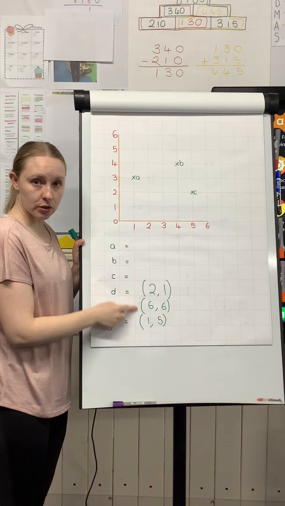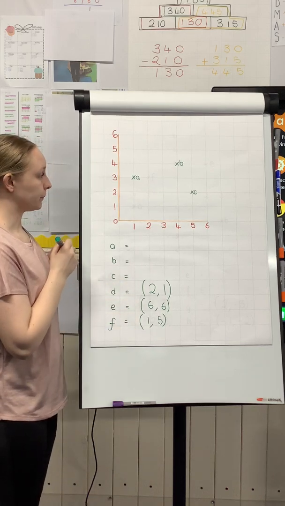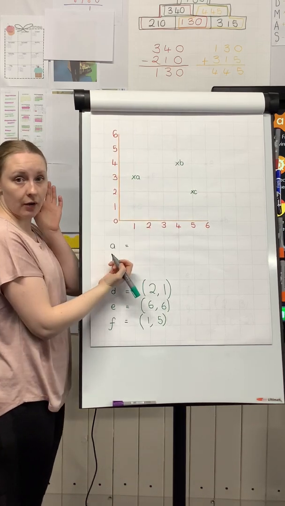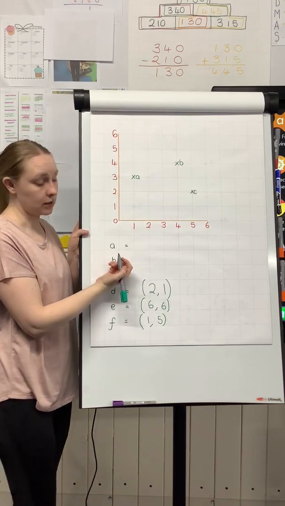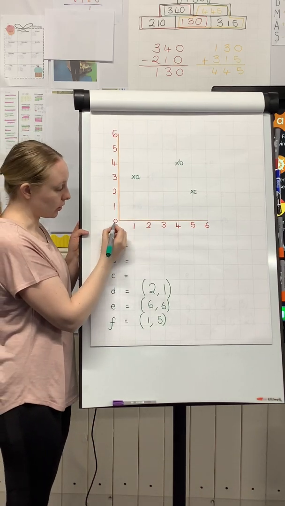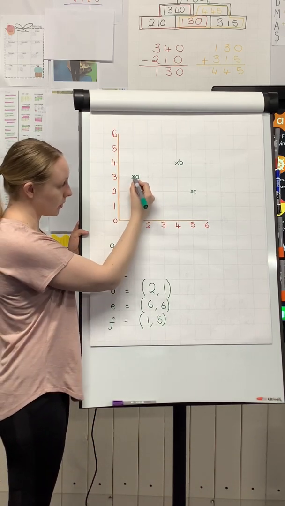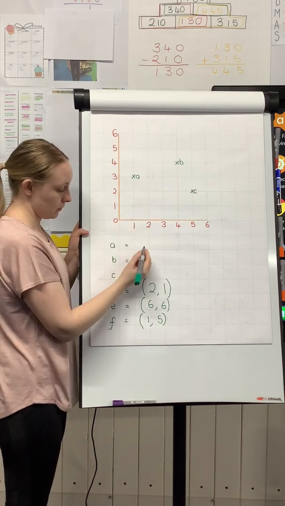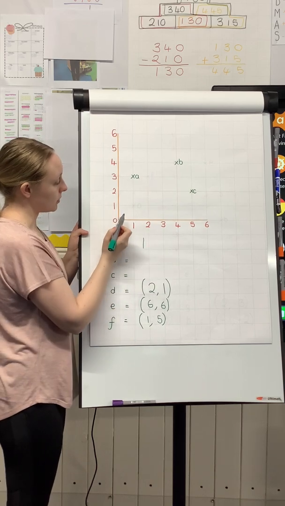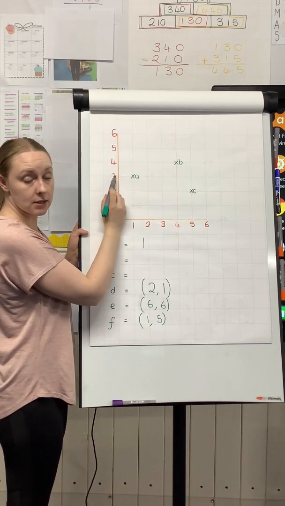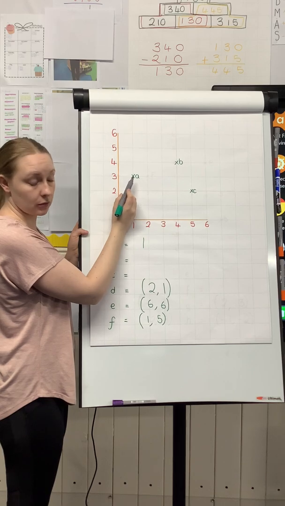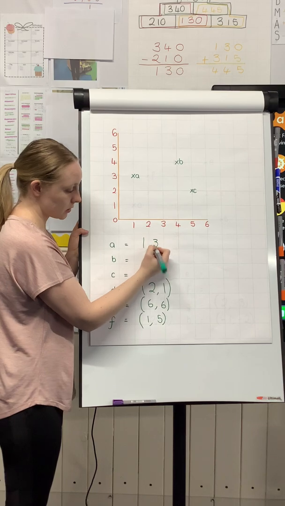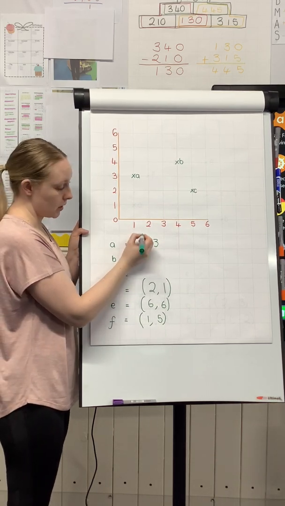Now these are what coordinates look like. If we're looking at this point A and we're trying to figure out what the coordinates are for that point, we're going to go along to 1. Can you see how that cross or point is on 1? And up to 3. Can you see how it's on 3? So 1, 3. And when you're writing coordinates, you have to put a comma in between them and brackets